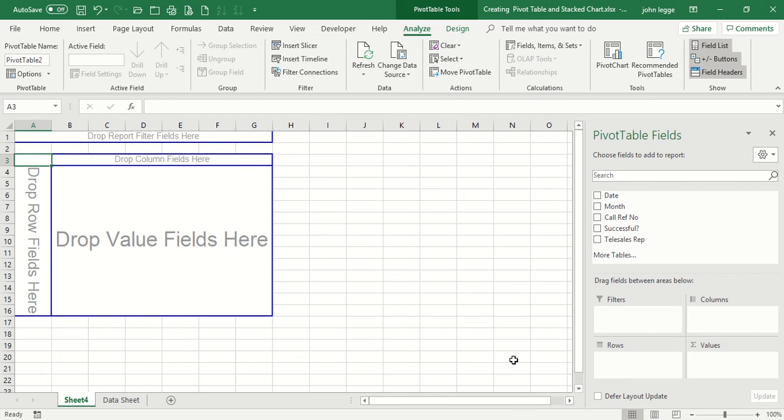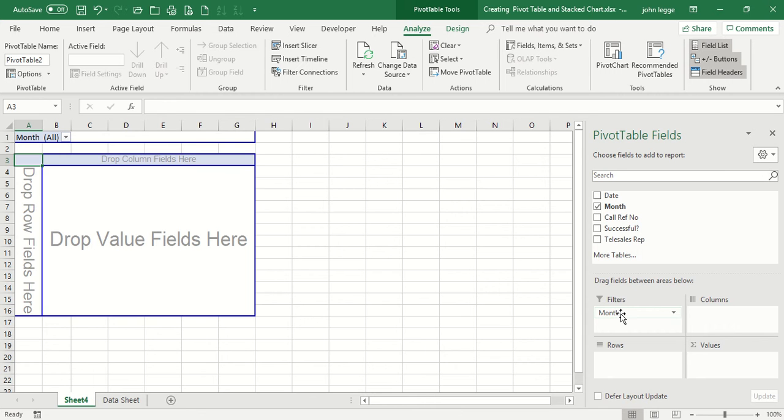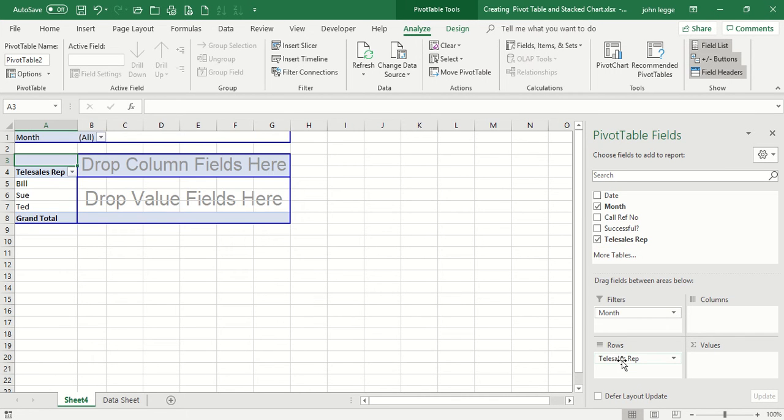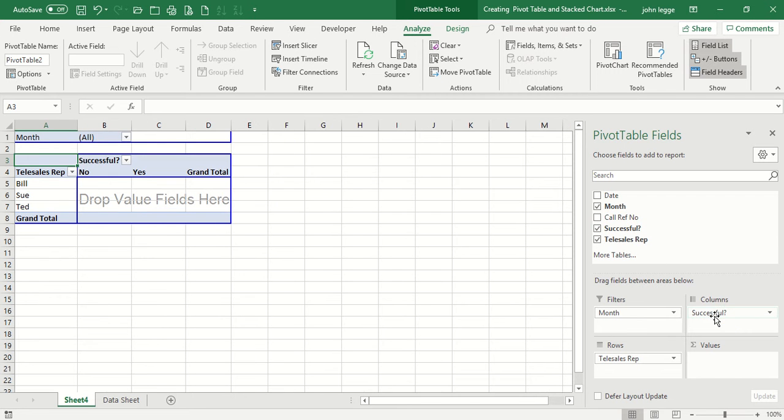We're now going to do some drag and dropping of fields into the quadrants on the far right hand side. These of course can be changed if you don't get it right first time. So we're going to have month as a filter, telesales rep as a row, whether the call was successful or not as a column, and we're going to have call reference number as a